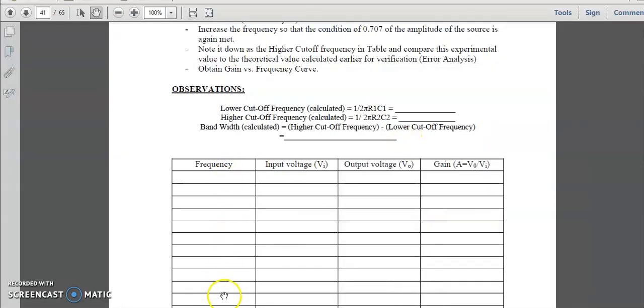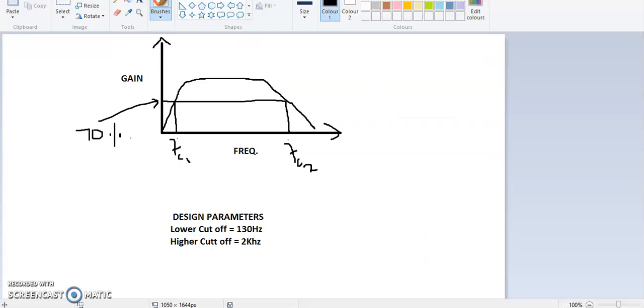So we'll change the frequency, keep the input voltage fixed, note down the output values and determine the gain. At the end, we are required to draw the curve, and this curve will be like the one which is drawn here. It will be similar to this one, and using the curve you will evaluate the measured values of FC1 and FC2.